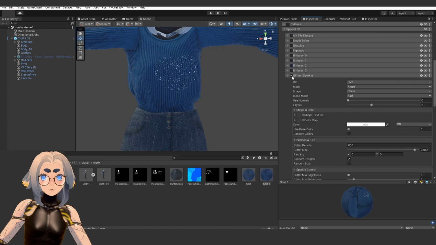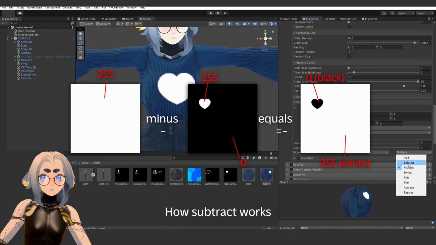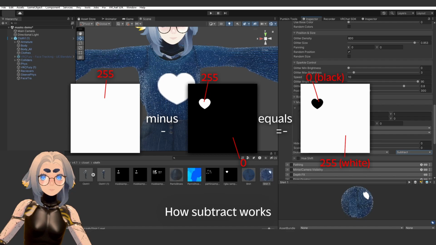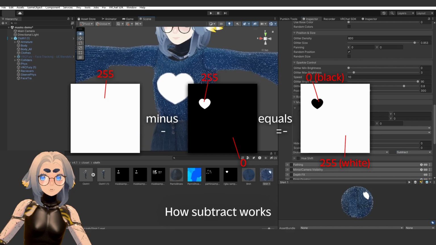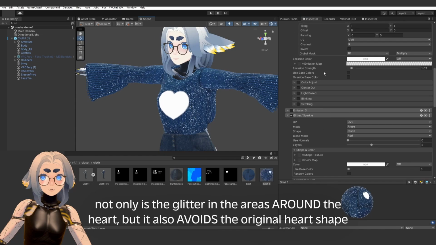What if I want it to be in every other area except that? I can change it from multiply to subtract. And you'll notice not only is the glitter in all of the areas around the heart, but actually